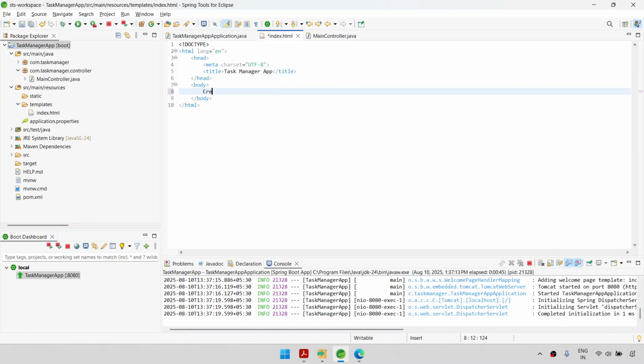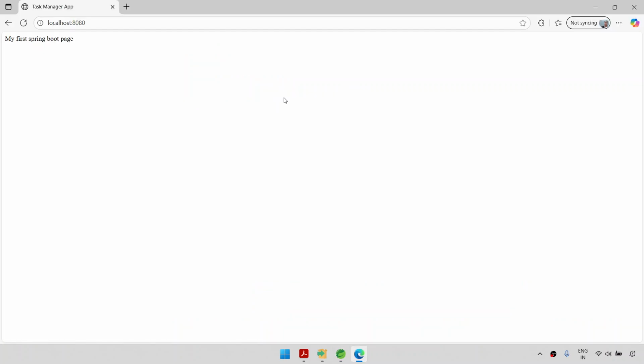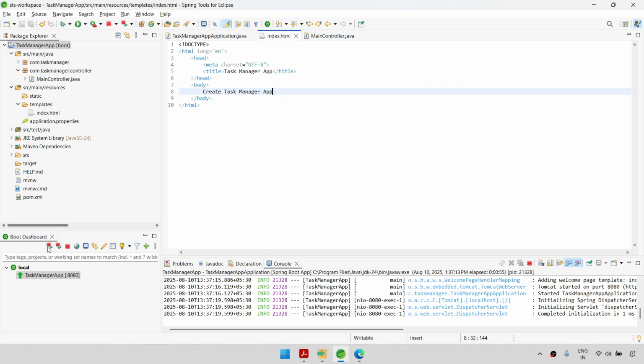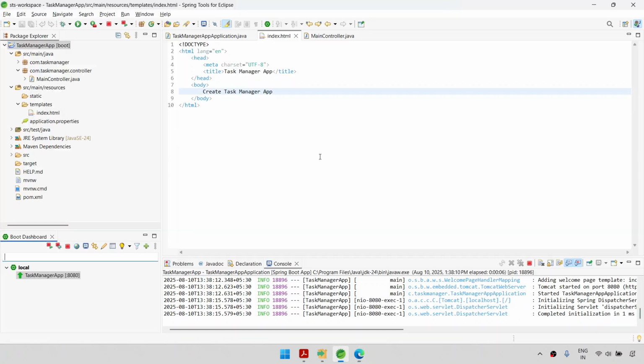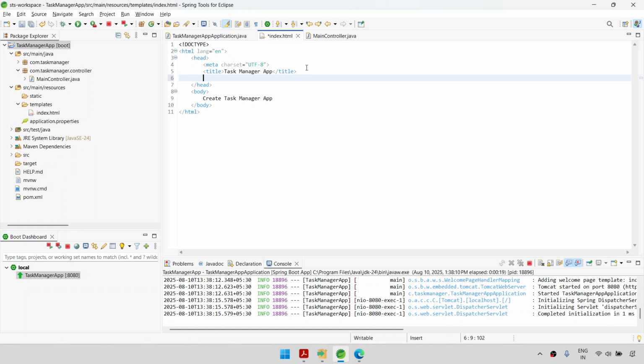Now we will create a task manager app. We have changed this, and see, rerun the project and see it has now changed. So today we will just focus on creating this much and introducing Bootstrap in here. So for Bootstrap, now what we need to do,